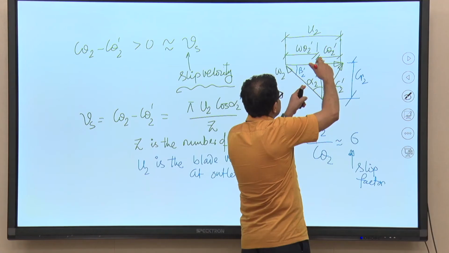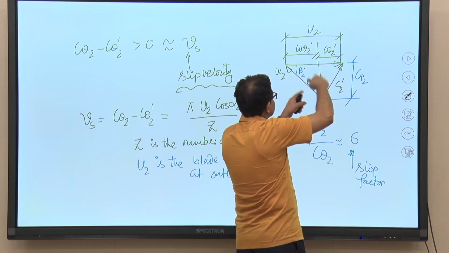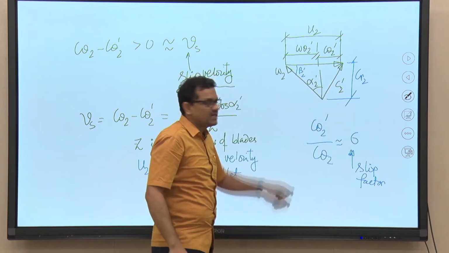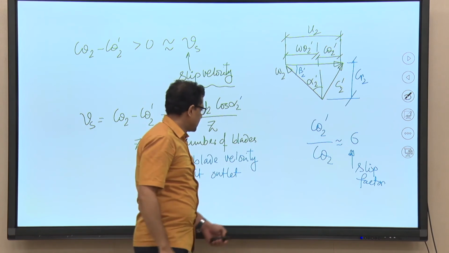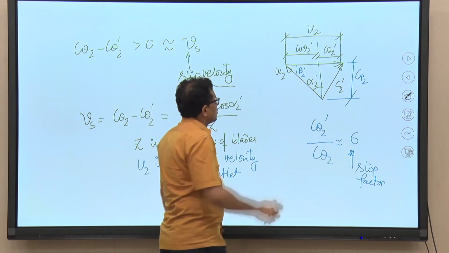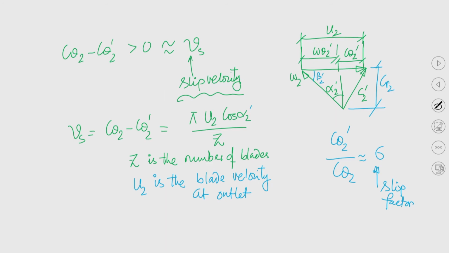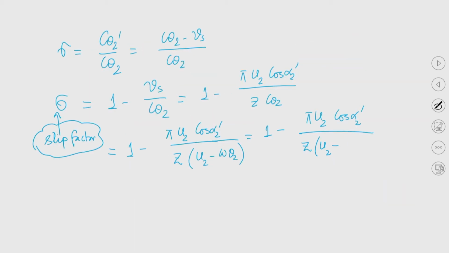So, I can write this is nothing but, if I write in terms of alpha 2, or I can write in terms of beta 2, right. So, I can write w theta 2 by CR2. So, you can see CR2 is equal to, if I try to write in terms of alpha 2, then w theta 2 is nothing but CR2 tan alpha 2, right. So, I can write CR2 tan alpha 2 prime, right, if I have not done any mistake. So, basically CR2 tan alpha 2 prime.